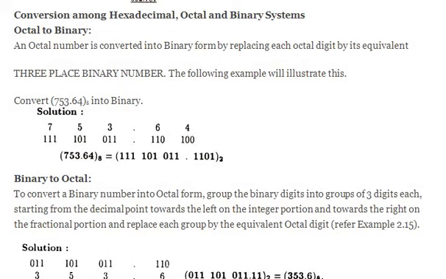And you can do it in a simpler method which is given here. So check it out. How do you convert an octal to binary? 753.64. 753: 7 in binary is 111. Check it out, divide 7 by 2. And 5 in binary is 101, and 3 in binary is 011, and 6 in binary is 110, and 4 in binary is 100. Very simple.